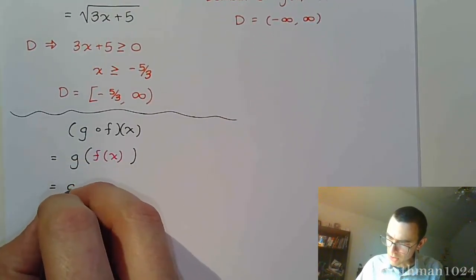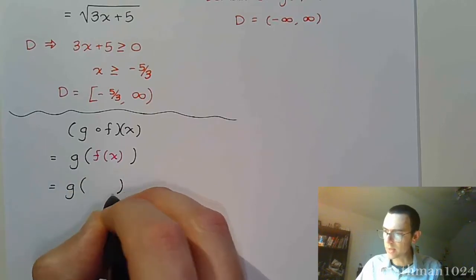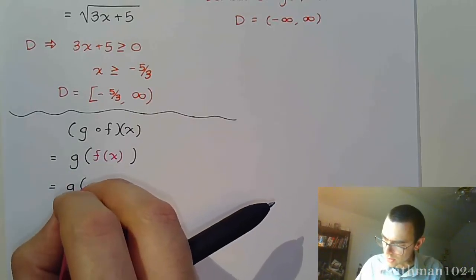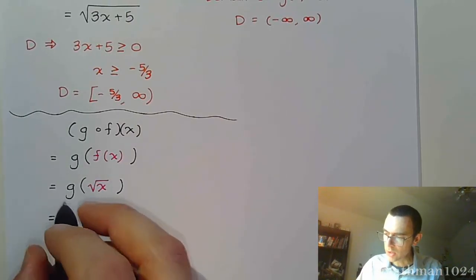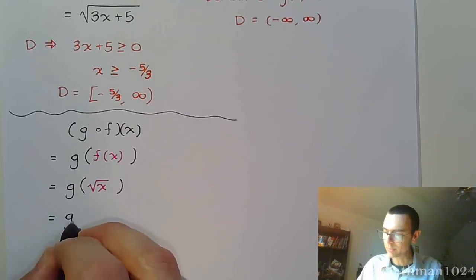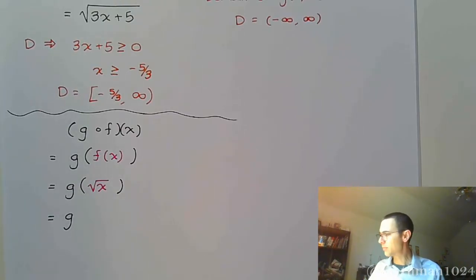So that means in my function g, I'm going to be plugging in f. And f, as we saw above, is just the square root of x. And what does g say to do? G says that you're going to take, when I say g,